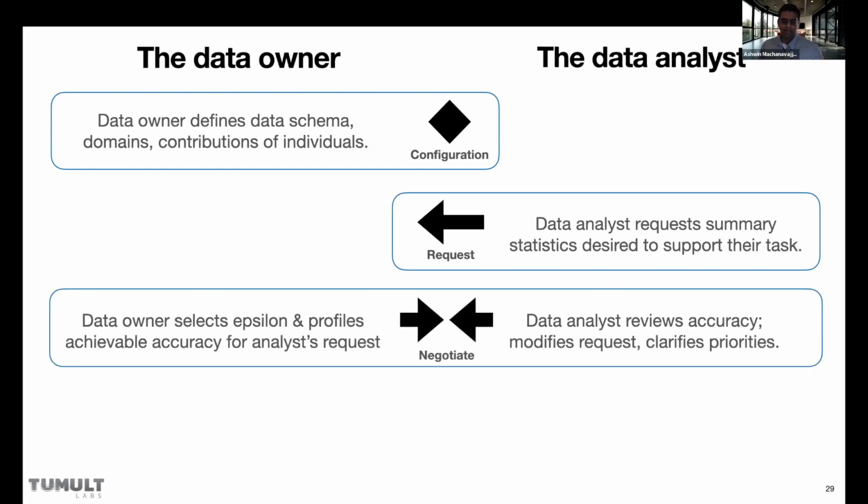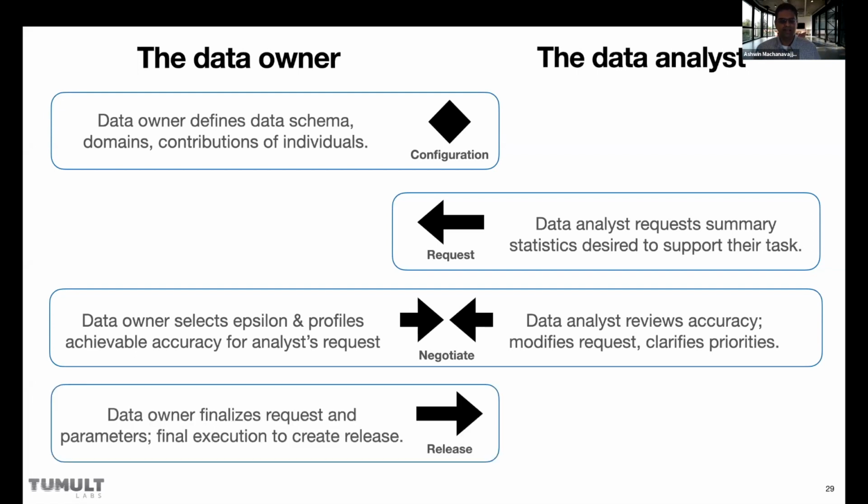But now, I think one point that we usually don't see is the fact that there's a negotiation between the data owner and the data analyst. The data owner has some estimate of how much privacy they want to have in this process. The data analyst usually overestimates the amount of data they want, right? And they have to find some common ground because it's possible that, under the privacy expectation of the data owner, the accuracy expectation of the data analyst is not going to be satisfied, right? And so there is some negotiation between the 2 parties. And then they decide on, okay, here's the answer, let's go and release. And then the data owner releases the data to the data analyst.